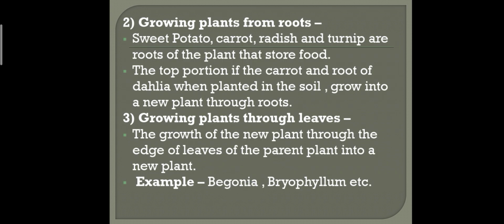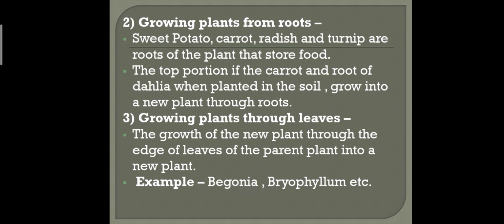Now, growing plants from roots. Sweet potato, carrot, radish and turnip are roots of the plant that store food. The top portion of the carrot and root of dahlia, when placed in the soil, grow into a new plant through roots. Growing plants through leaves. New plants grow from the edge of the leaves of the parent plant, for example begonia and